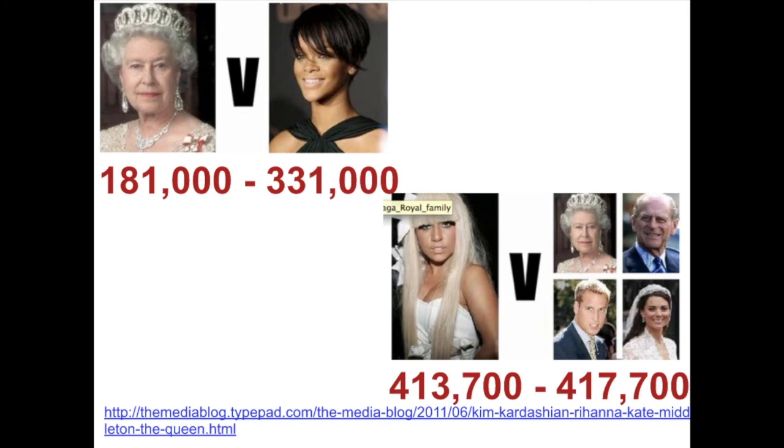In terms of frequency, this applies. There's a couple of illustrations here of how, for example, the Daily Mail uses this principle. At one point, it had 331,000 articles about Rihanna, which was much more than it had about the Queen. Now, the Daily Mail is known for its focus on the royals, so this might sound surprising, but again, it's a good illustration of how it's adapted its reporting for the web and what its audience is actually interested in. Stories about Lady Gaga, there are actually almost as many as 4 different members of the royal family combined.